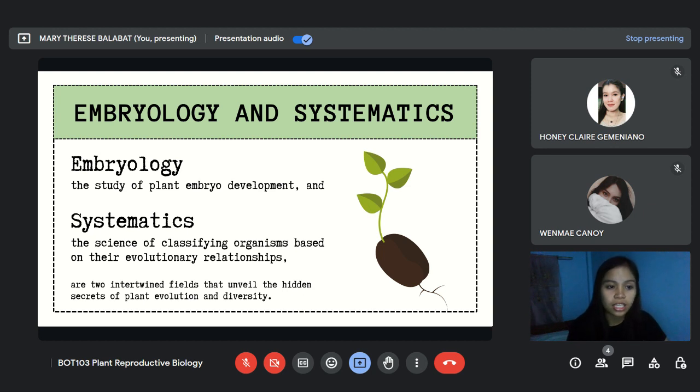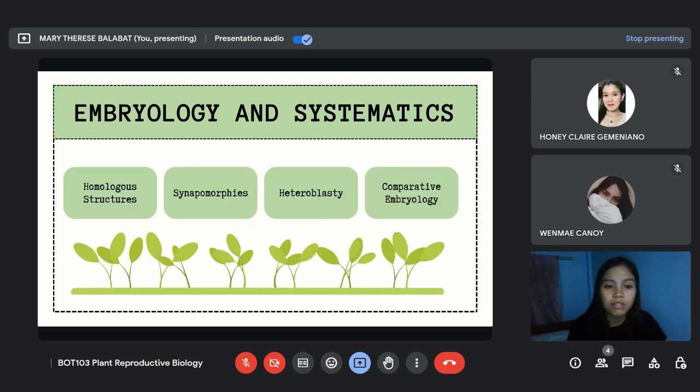The second one, synapomorphism: shared derived characteristics that arose in a common ancestor and are absent in more primitive groups. These shared features provide strong evidence for evolutionary relationships. The third one, which is heteroblasty: the presence of different embryonic stages within a single plant species can shed light on evolutionary transitions and adaptations to diverse environments. Then lastly,